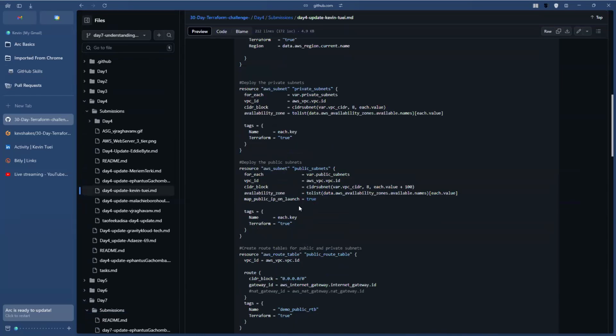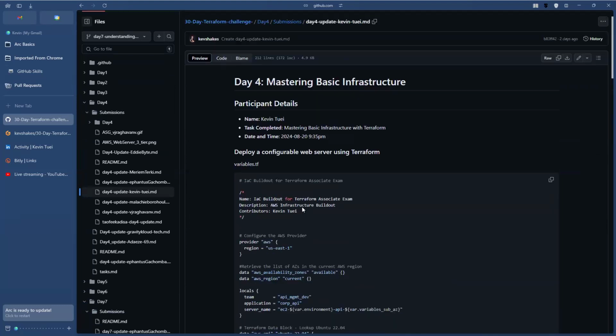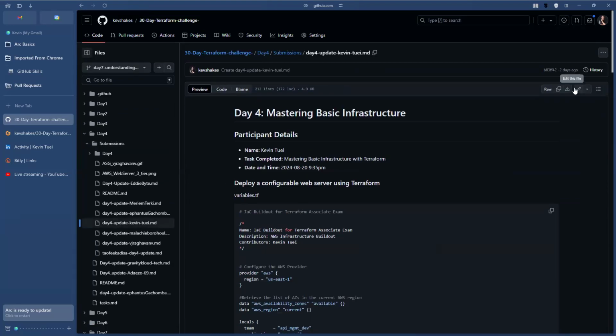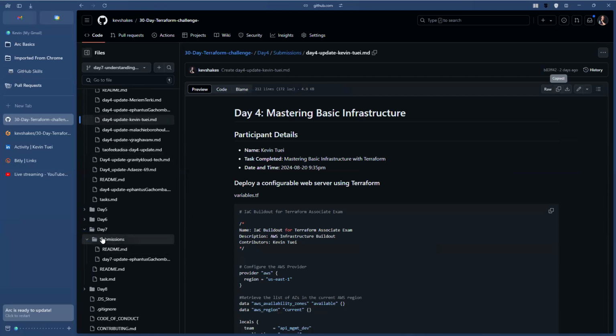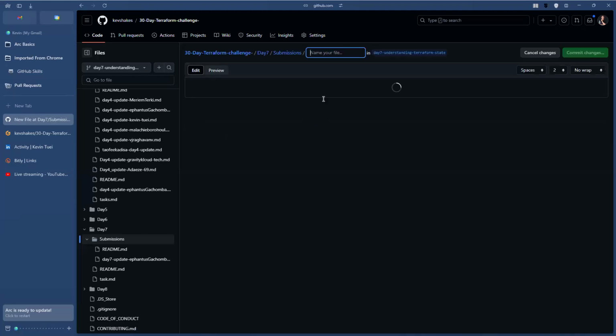You can see this was how I did my submission for day 4. So I can come and just copy the raw file from here. And then when I come to day 7 under the submissions folder, I'll add a file, create a new file. You can see I'm inside the submissions folder. And then I'll have to name my file day 7